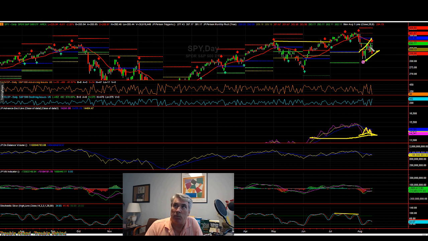this to me looks more indicative of a bear flag. So A, B, if this is a C wave, then the measurement to D is extended down, and depending on where you draw your line from, more or less, we could see a move back to 270.